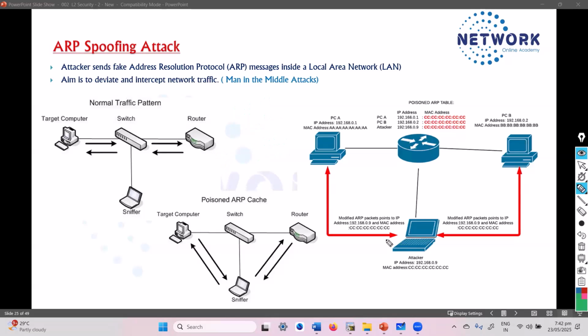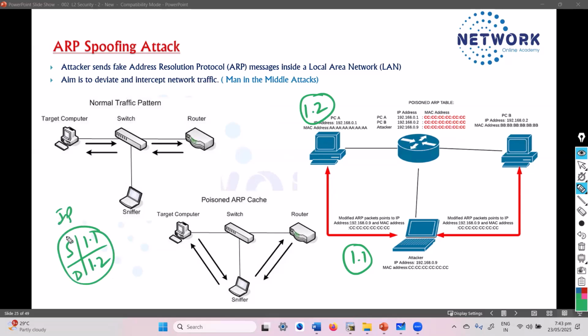Whenever user 1.1 is trying to communicate with 1.2, the source address and the destination address, in the front end, we see them as an IP, but in the back end, the switches do not understand the IPs. So there is an ARP protocol.